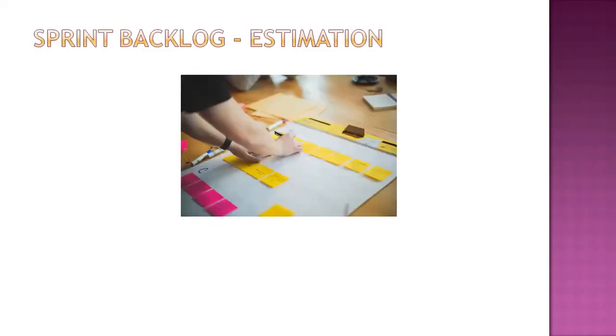Now, the next topic is sprint backlog estimation. Okay, now we have estimated and we have taken it into the sprint. What is the big deal in estimating the sprint backlog? As I mentioned, the sprint goal may be talking about multiple things, like I need a search functionality and I need a user management. These are the high level implementation topics that we are looking at as a sprint goal. But do we have that much bandwidth and capacity to manage this goal? May not be. Then we need to do a small estimation, which we generally do in our sprint planning meeting.